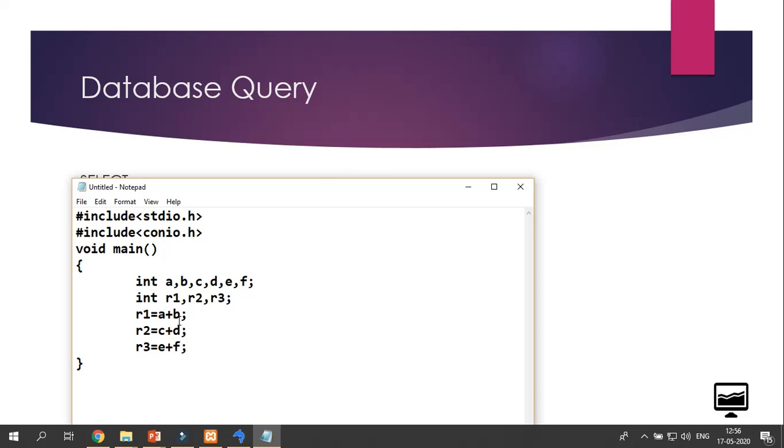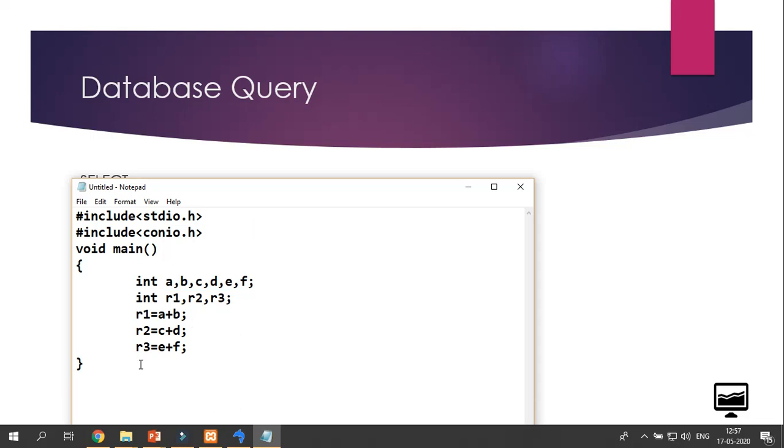What are you doing over here? You are using the plus operation 3 times. Here I have taken an example of only 6 variables. If the number of variables is in thousands or lakhs, then what will you do?